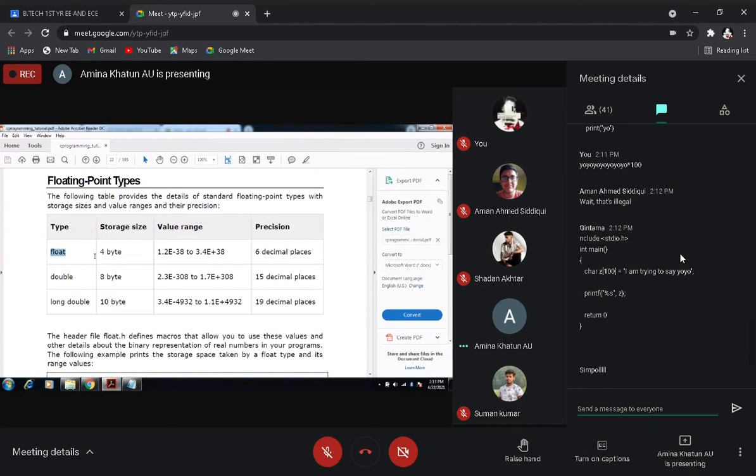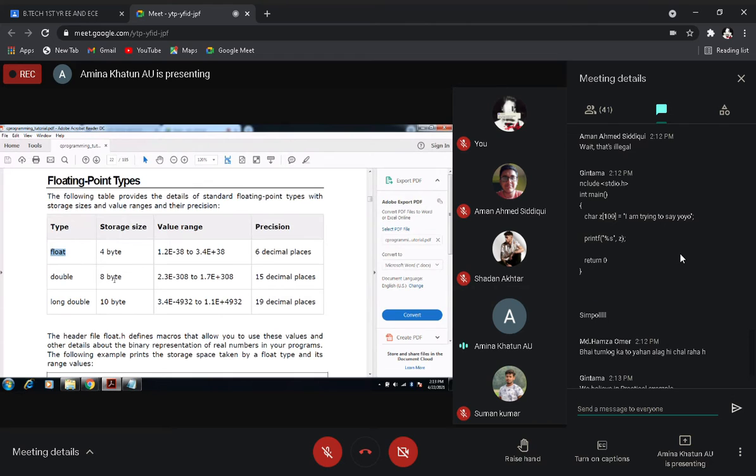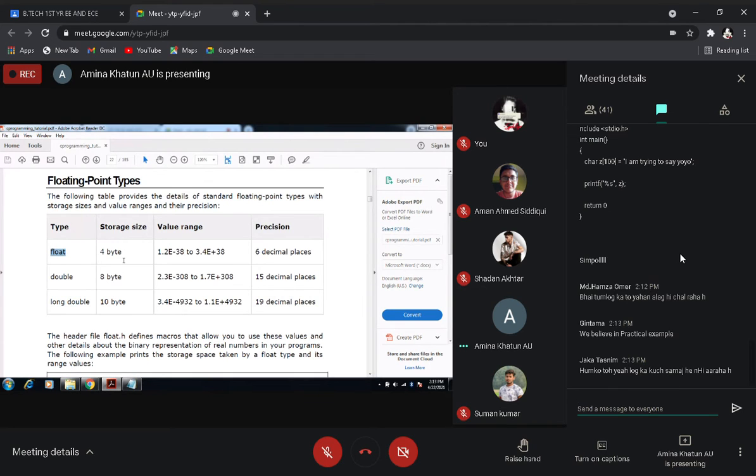Okay, so the size of float is 4 bytes, and the range is this one, and it has 6 decimal places. It means after the point we can have up to 6 decimal values.